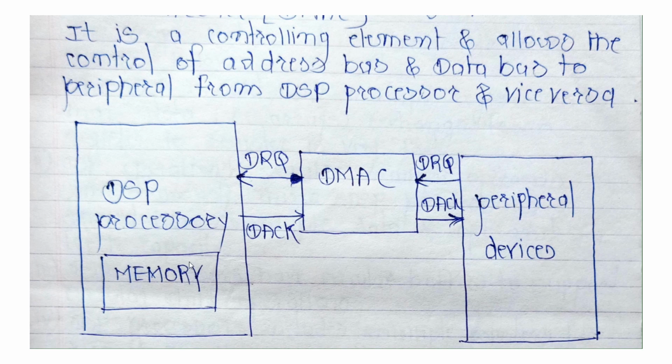Okay, so this is the diagram which helps us to understand the concept. The DSP processor is here. This is request, this is acknowledgement, this is the controller, and this is the peripheral device. So the peripheral will request to the DMA controller, and the DMA controller will request to the DSP processor, and the DSP processor will acknowledge to the DMA controller, and after the data transfer is complete, again the address bus and control bus are in the control of the DSP processor. So that completes our DMA question of the DSP processor. Now we will see the next question.